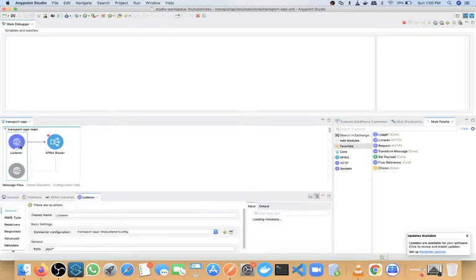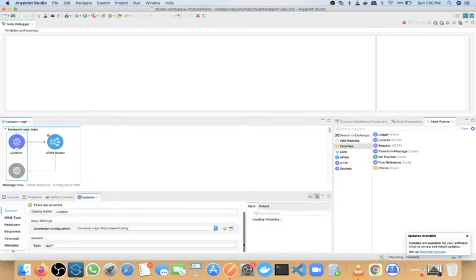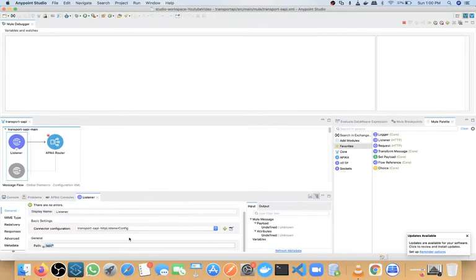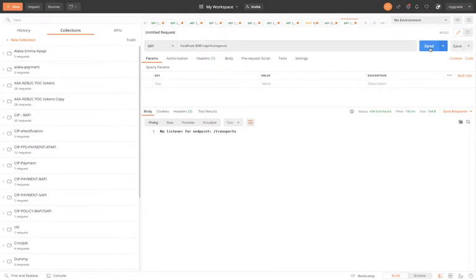If you go to the listener, you may make this kind of mistake. In the path, you can see we are adding API. In general, there will be star only, and in an actual project we used to remove this API. But here by default it will create API, so the same thing you need to keep here. Previously whenever I was calling this, it was not going to this APIkit router since we were not giving the proper path. Now we have given it, so it should go now.